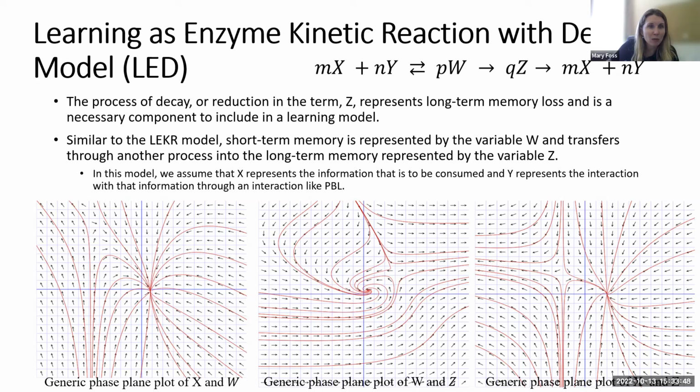In this case, all of our variables are the same, but you can see that there are some interesting graphs that we get. The far left and far right graphs show a stable node between the sensory information, which is our X, and the short-term memory W or Z respectively. The one in the middle shows the presence of a stable spiral, which shows an imaginary component of the solution. What that really means is that the solution to this differential equation would be in the phase plane, so it would be in a frequency rather than a numerical value.